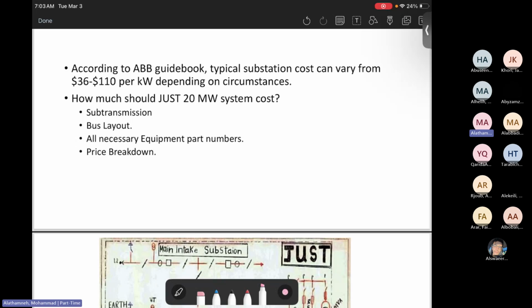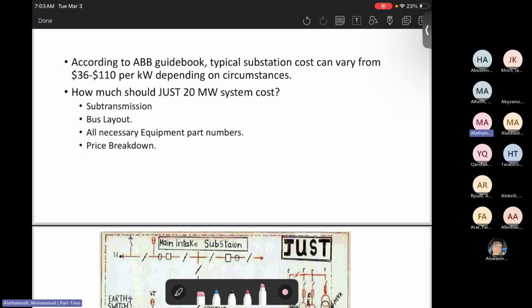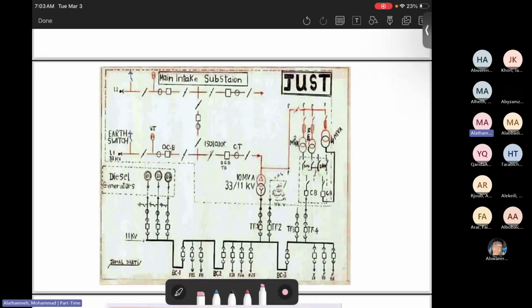So according to ABB, a typical substation can cost between 36 and 110 US dollars per kilowatt, depending on different circumstances. Here is an example from Jordan University of Science and Technology. They have a small substation with diesel generators working as backup units. If the power is off, the diesel generator will work to supply power for the university and for the hospital,